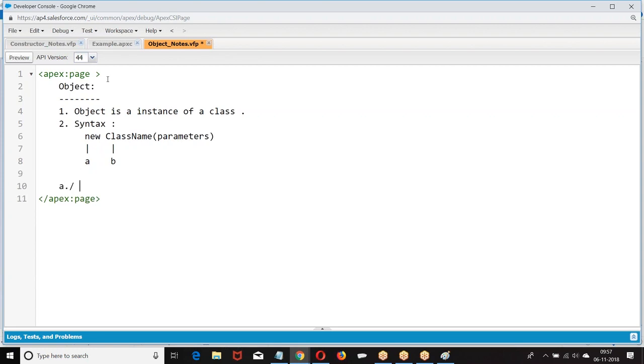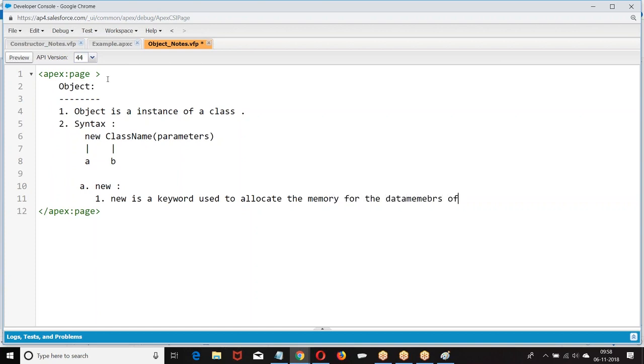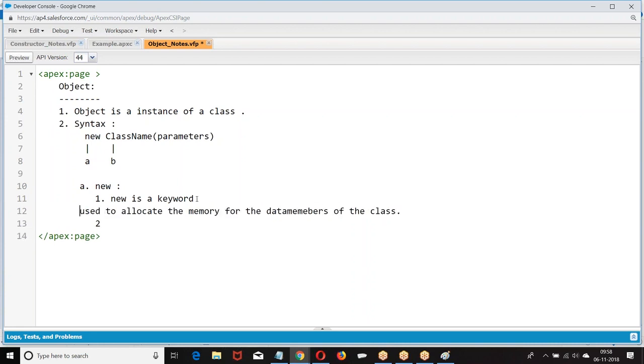New is a keyword used to allocate memory for the data members of the class.